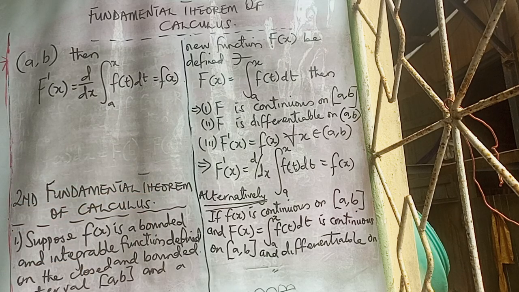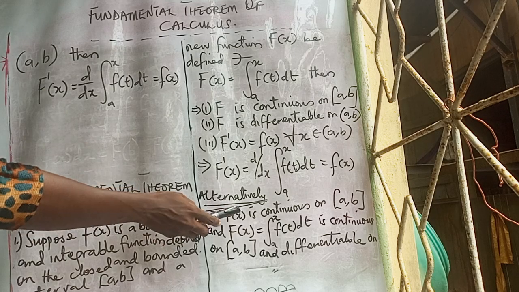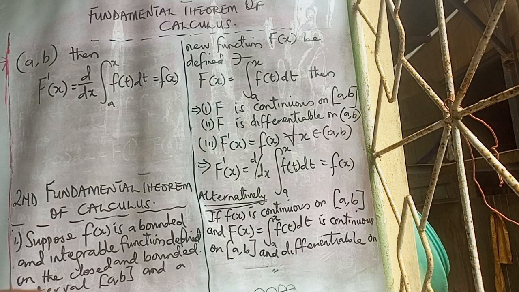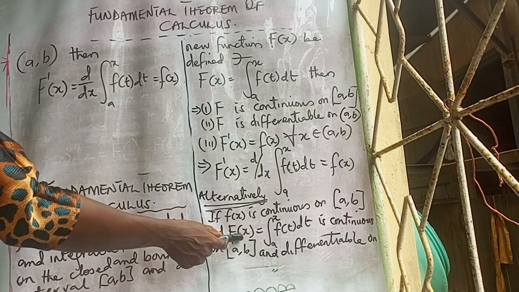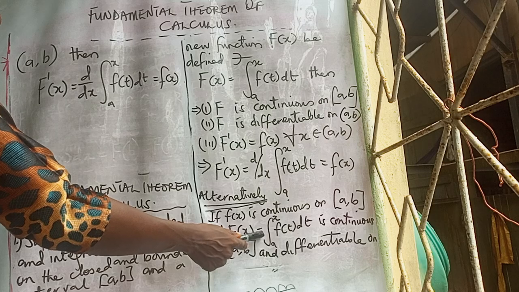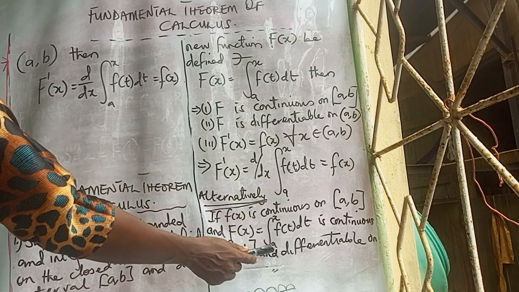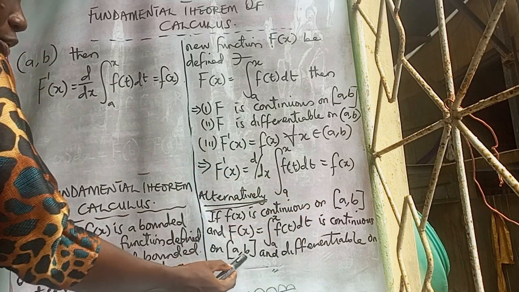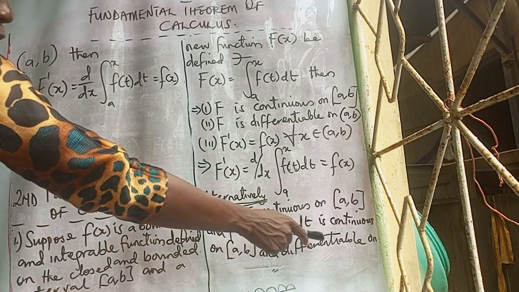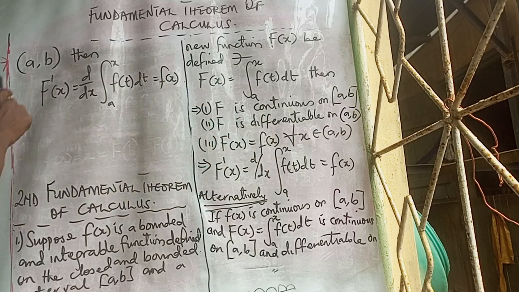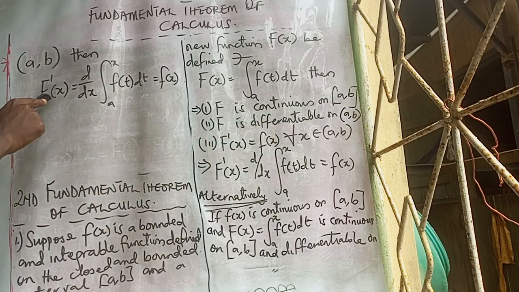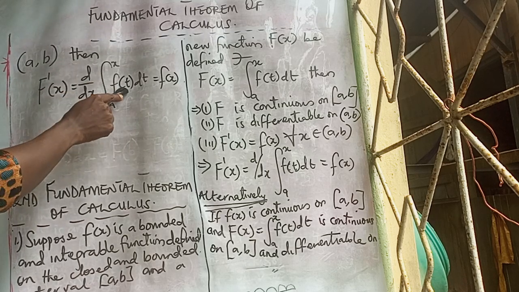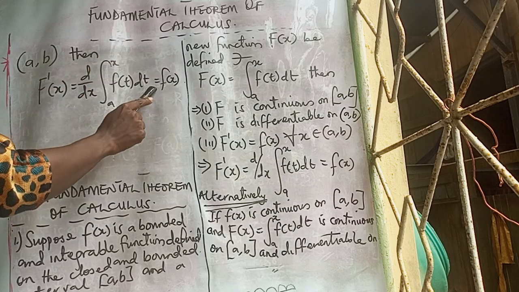Alternatively, we can state it as: if f of x is continuous on the closed interval AB and capital F of x equals the integral of f of t dt from a to x, is also continuous on the closed interval AB and differentiable on the open interval AB, then the differential of capital F of x is equal to d dx of the integral of f of t dt from a to x, and that is equal to